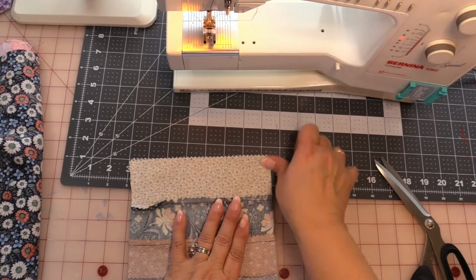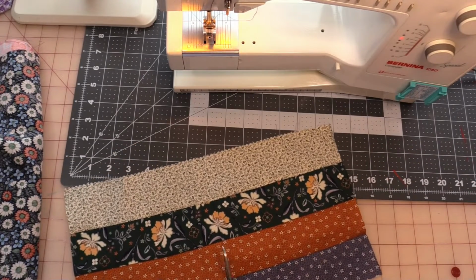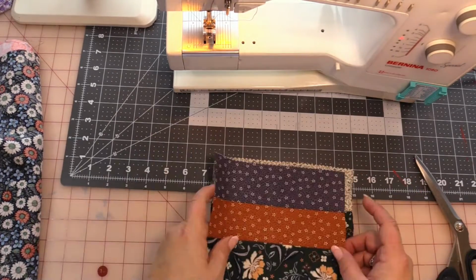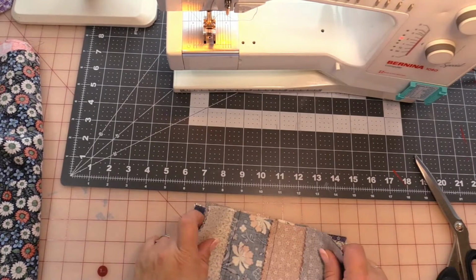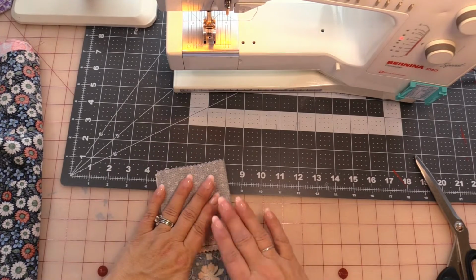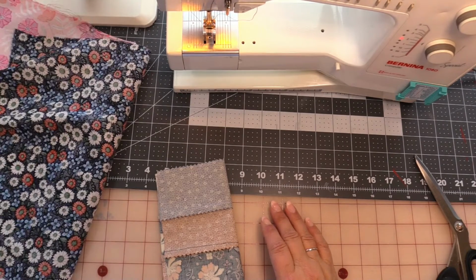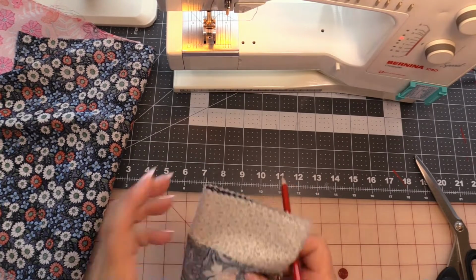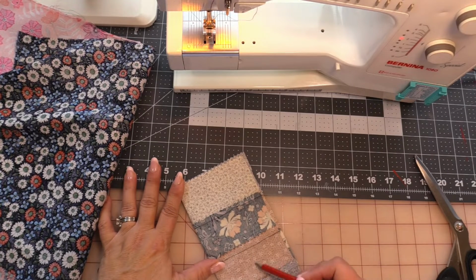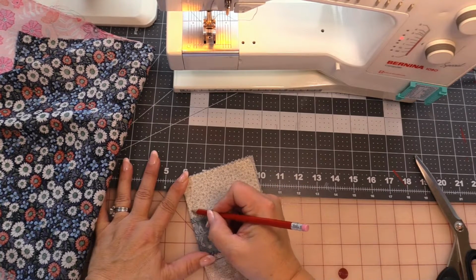Alright, so I want this in half. There's my fold line. I can just cut and turn one this way and turn one this way. And then I don't know if you still make hearts like we used to do in school, but I do. Where's my pencil? It was right there. Oh, okay. So turn this way. And I want to try to get some of all four of these pieces. So if I do this,